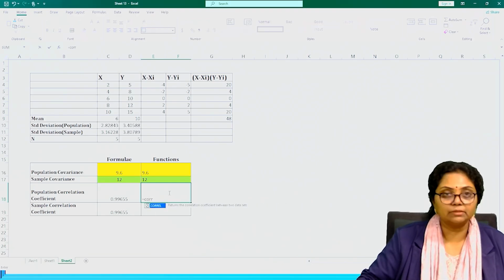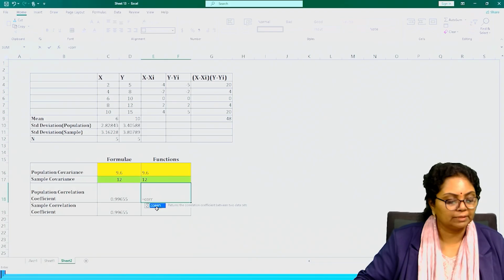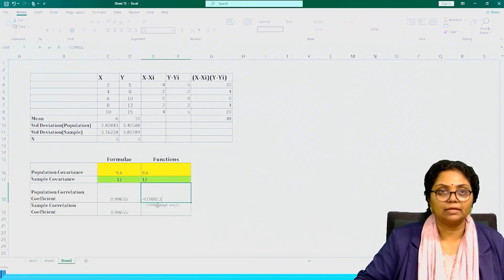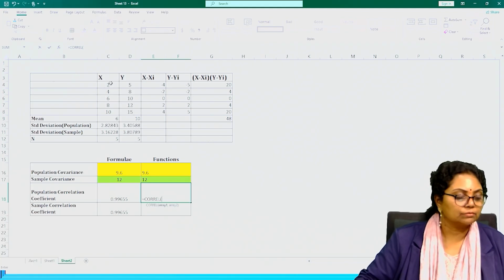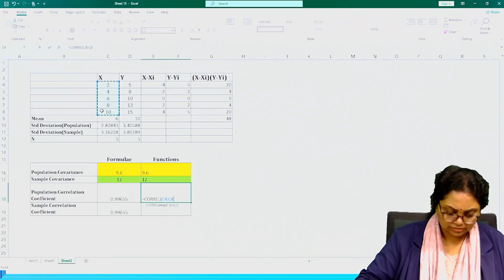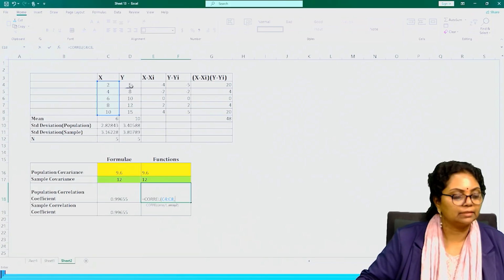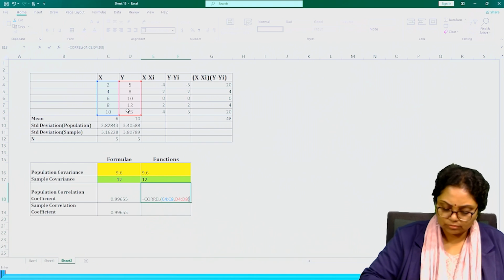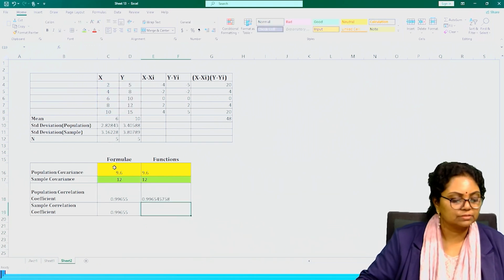When we type the 2 or 3 letters, automatically we are going to get the function CORREL. Just double click this and give the array. So array 1 which represents X and the other array 2 which represents Y, and close the parenthesis and press enter. So here also if we reduce the decimals,